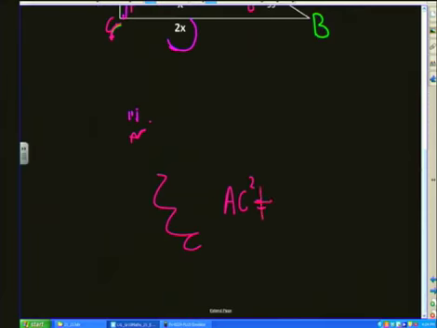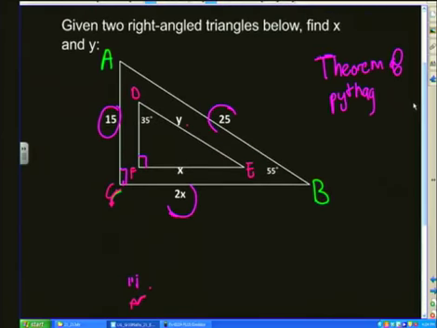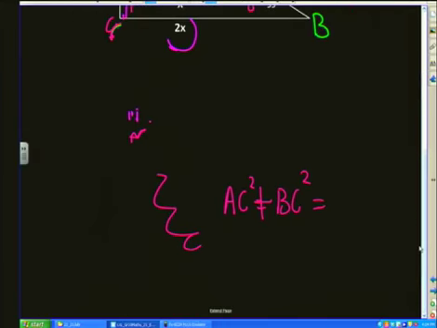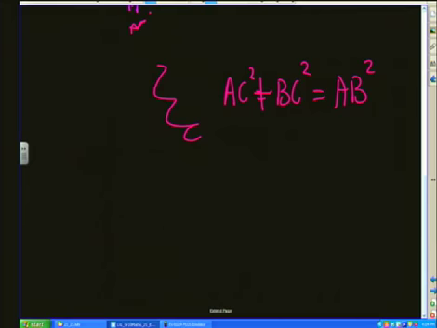That's what we're doing. We're writing down the theorem of Pythagoras. AC squared plus BC squared, the sum of the squares on the two shorter sides, is equal to the hypotenuse squared. So therefore, if I'm trying to find BC, BC squared is going to be equal to AB squared,